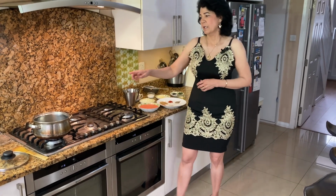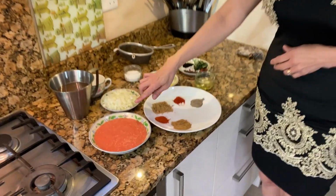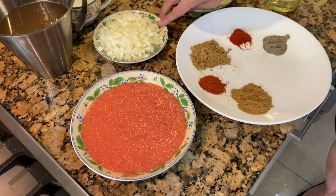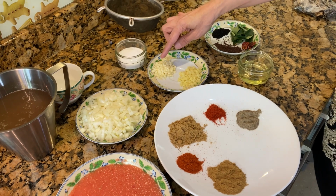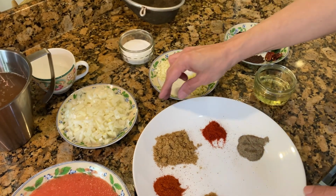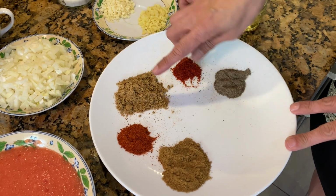In the pot I've got just 1 tablespoon of oil, and then here I've got 2 fresh large tomatoes that I've put in the mixie and made into pulp. I've got 1 chopped onion, and I've got 3 large cloves of garlic, finely chopped, and I've got 1 inch of ginger. We'll need some salt, and for the masalas I've got 1 teaspoon of Dhaniya powder, that's